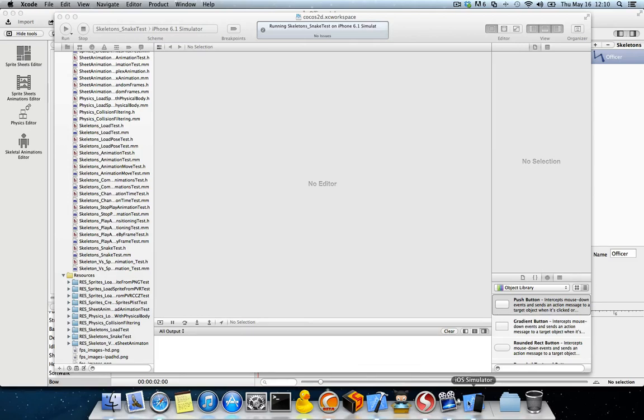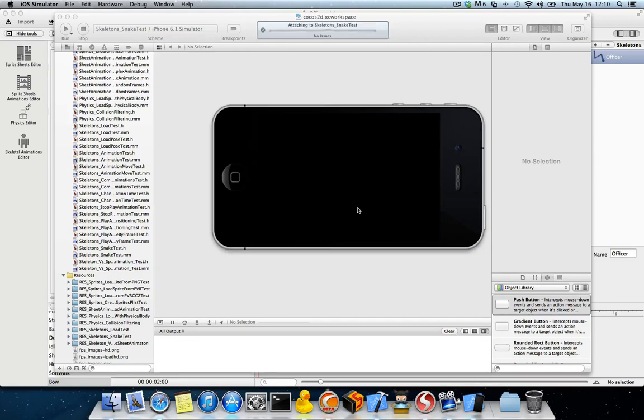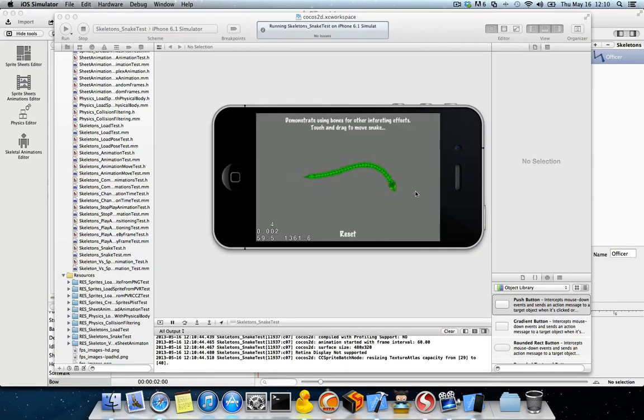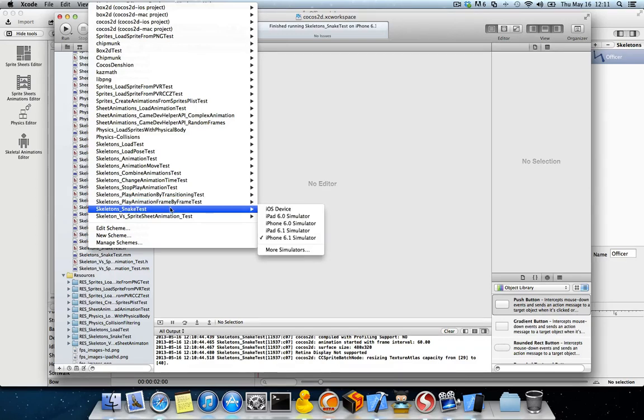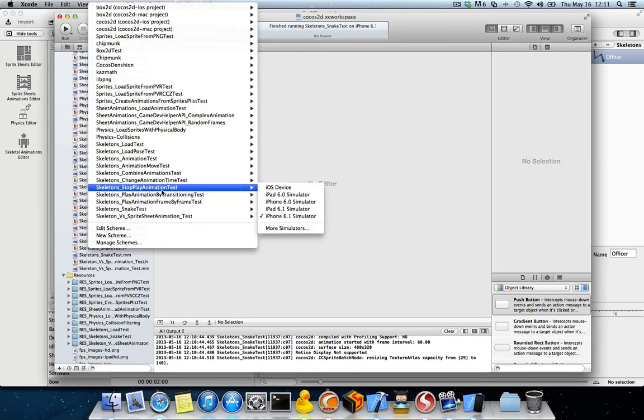I'm just waiting for the simulator to start, like this one over here. So I'm just dragging my snake around, and you can have some amazing effects resulting using the bone animation. And this one has the debug drawing enabled, so you can disable that, and you can create some really amazing effects. And you can also change the animation time, and I'm gonna show that also